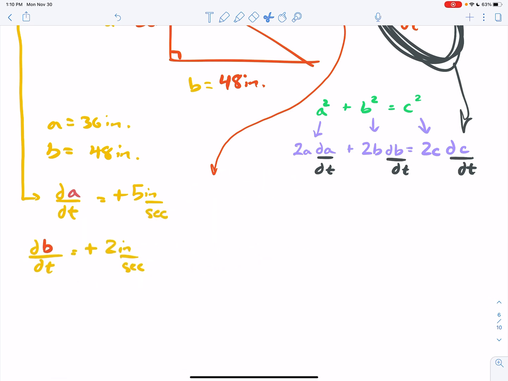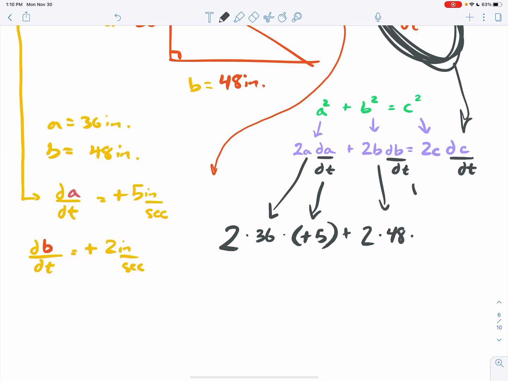We have 2 times a, which is 36, times dA over dt, which is positive 5, plus 2 times b, which is 48, times dB over dt, which is positive 2, equals